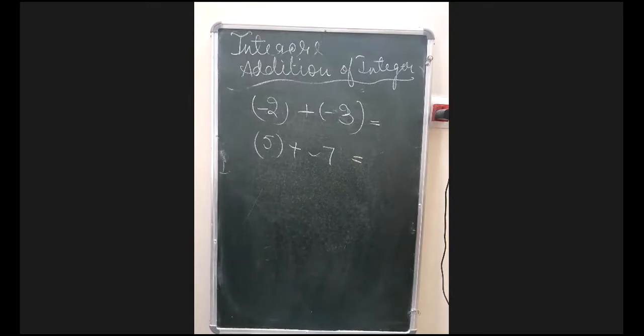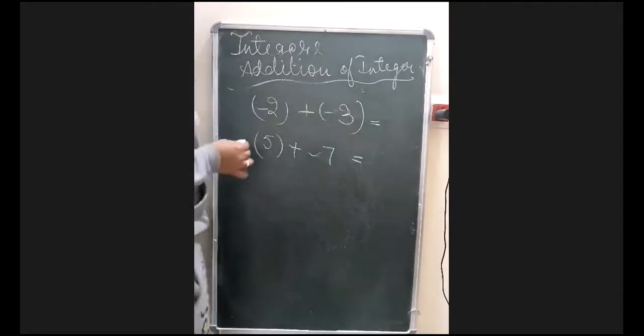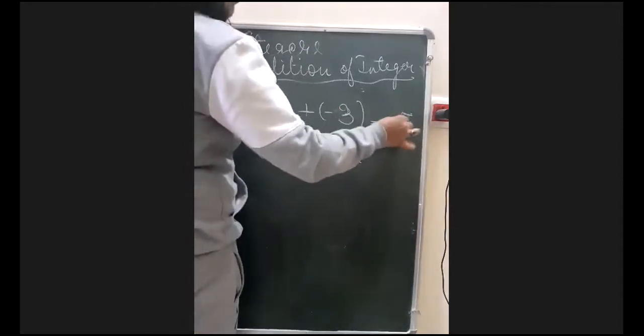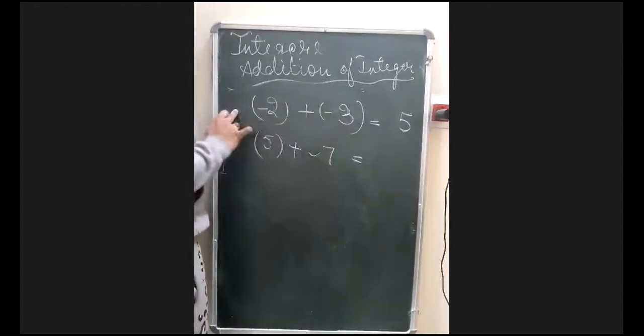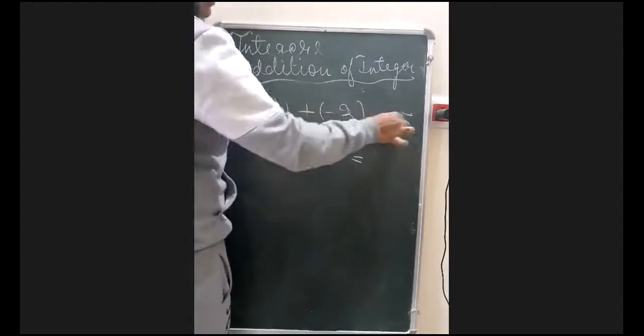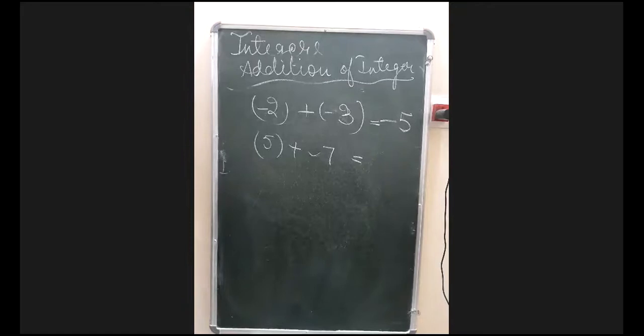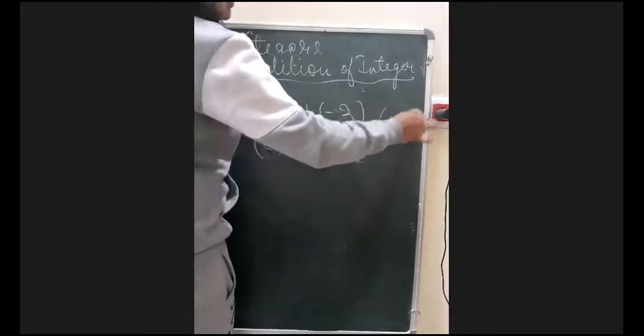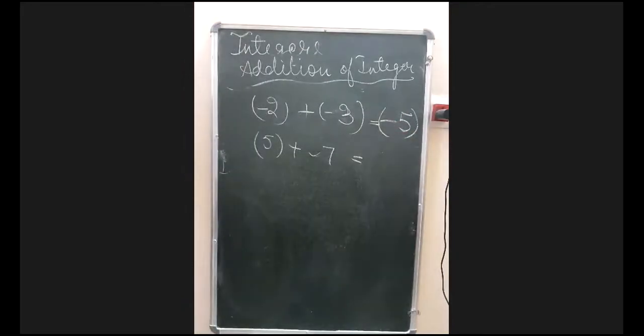If the numbers have the same sign, they will always be added, and in the answer the sign will always be of the greater number, ठीक है. For example, 2 and 3, when you add, it will give you 5, and both were negative and 3 is bigger, so whose sign will come? -5's, ठीक है. It means the answer would be -5. -2 plus -3 will give you -5.